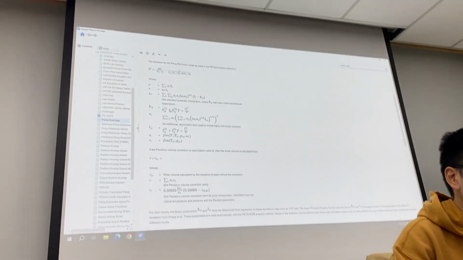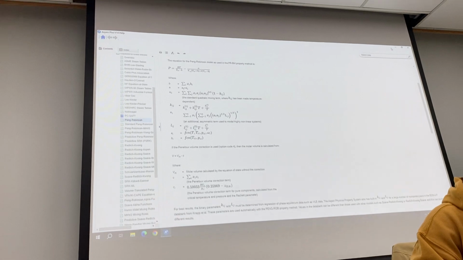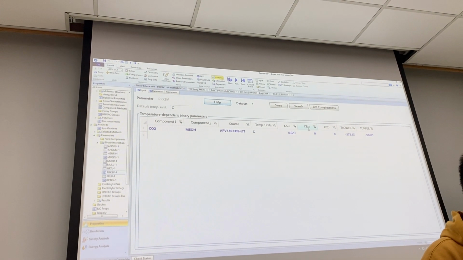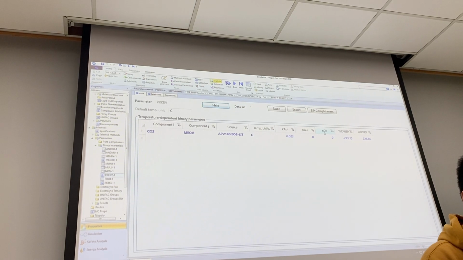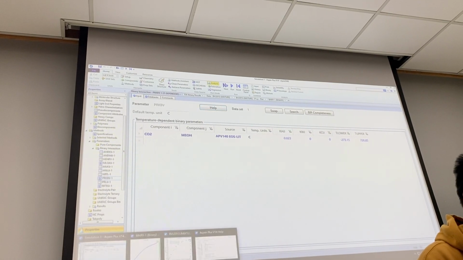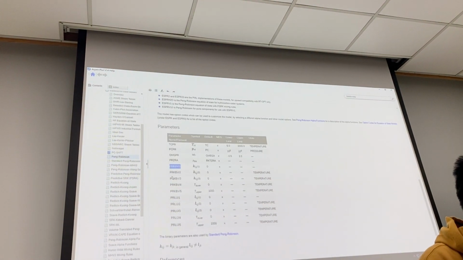So here are your model parameters. Okay, when you use the Peng-Robinson equation of state, you can see there is no KBij and KCij for the default parameters. That is to say, for the KBij